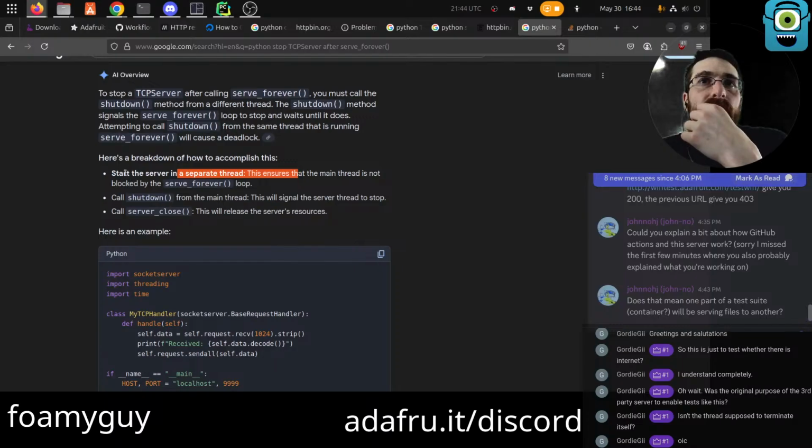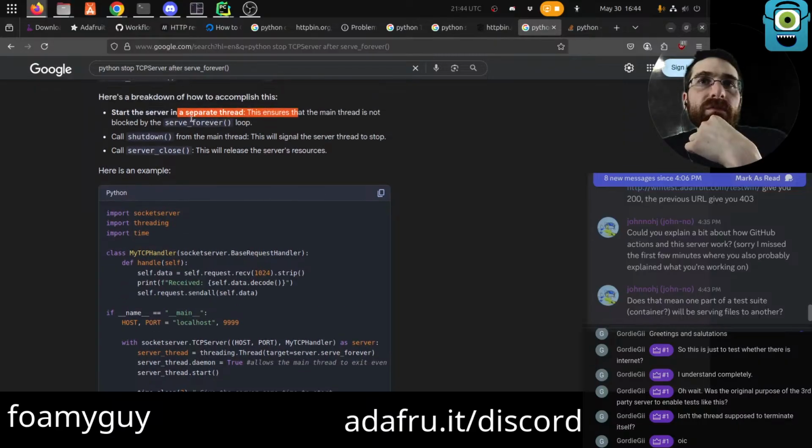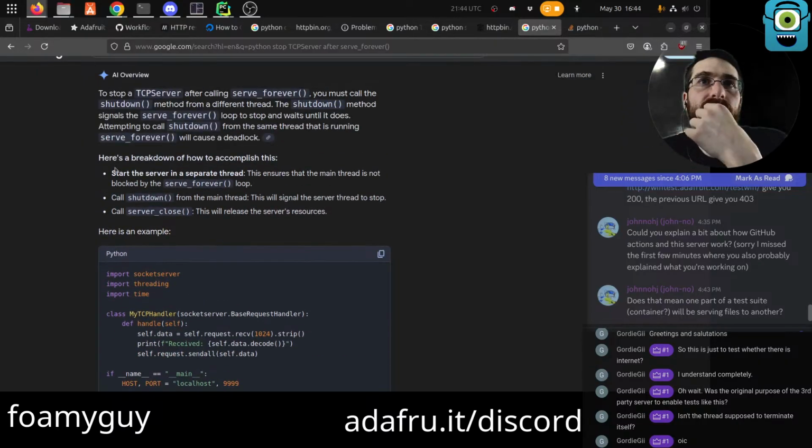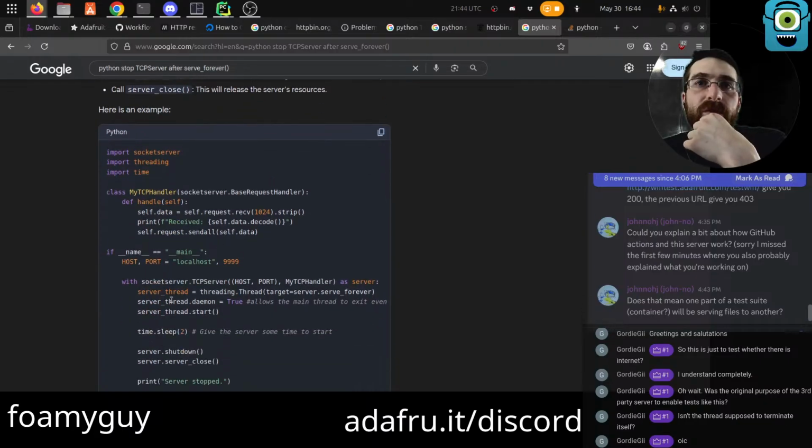Breakdown of how to accomplish this. See, this is a little weird. It says start the server. It's not actually calling serve forever anymore. Oh, okay, it's this thing. I see, okay.